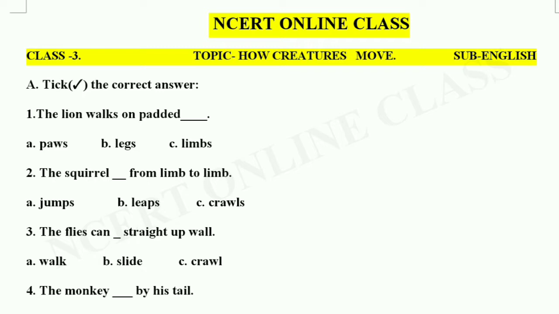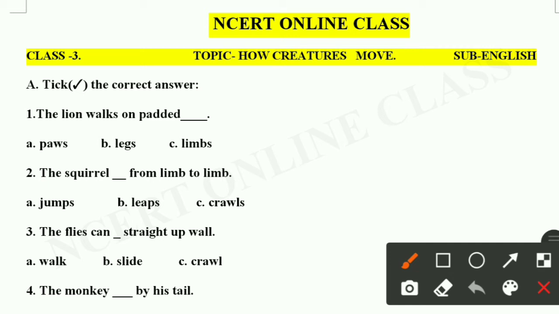So first question: the lion walks on padded dash. What is the correct answer? We know that the lion walks on padded paws. So we need to take option A, paws, P-A-W-S. So we need to make the tick here. Okay, then